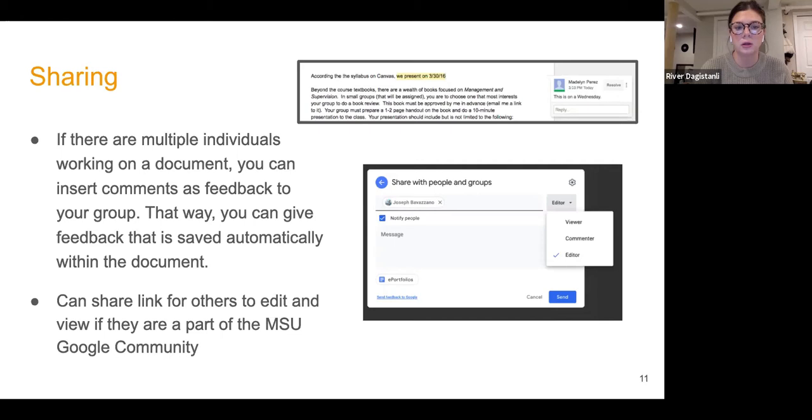And that way, it will just be saved automatically. And then you can make comments and reply to each other, and then you can eventually resolve it. So it's a good way to collaborate with others. And then if you want to share the link for others to edit and view it, if they're part of the Montclair Google community,